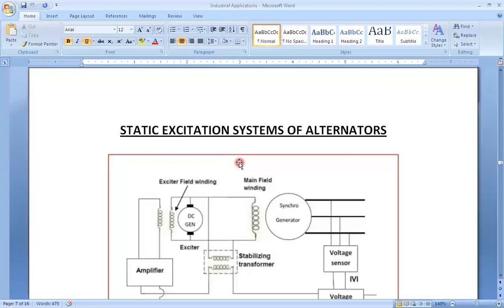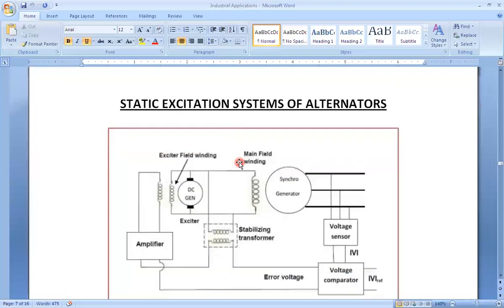So how do we excite this DC winding, depending upon the requirement of the speed and the output voltage level? Here, consider this a synchronous generator. The synchronous generator develops a three-phase AC supply, and this winding is our DC winding, that is our field winding. This field winding we can connect through this DC generator, right? And the excitation of this DC generator is through